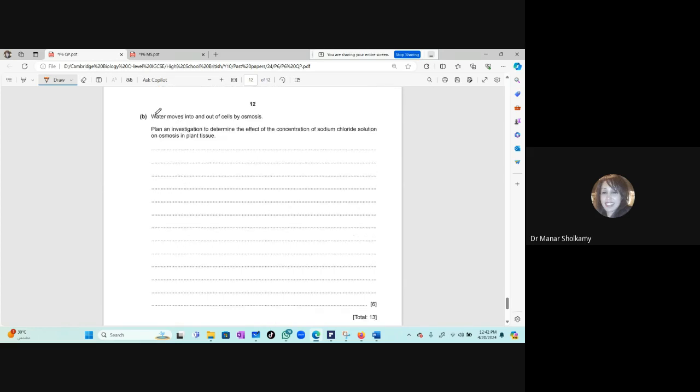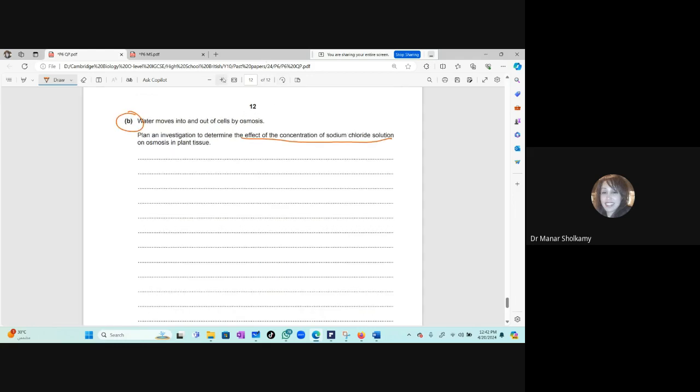Now, the investigation question. Water moves into and out of the cells by osmosis. Plan an investigation to determine the effect of the concentration of the sodium chloride on osmosis in plant tissue. This is slightly different from what you're used to, because the dependent variable here is something that is very used to you. But you will decide for yourself and write the independent variable will be the different concentrations of sodium chloride. And when you mention different concentrations of sodium chloride, you will give at least 2 or 3 examples. For example, 20%, 50%, and 90 or